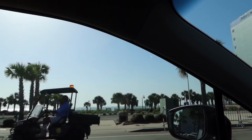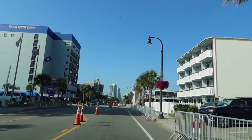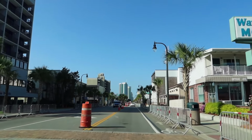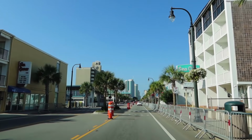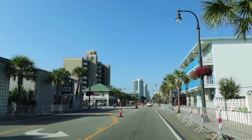The water looks nice today. It looks like a calm day. Last few times we've gone down to the beach, it's been on the rougher side, so it's nice to see it a little calmer. Wayfarer Motel, Sea Cove, Sea Gypsy, Coral Sands,